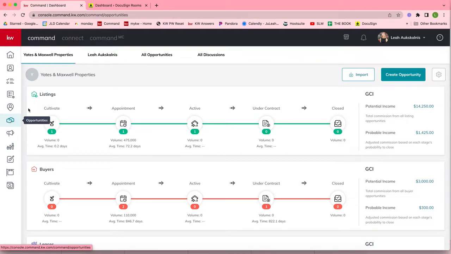So the difference here between your contact database, where my mouse is circling, and my opportunities, you'll want to load all of your contacts to your contact database. And again, feel free to email support@scottleroymarketing.com if your contacts are not currently in Command. They can help you import them in for free, so that's awesome. So you'll want all of your contacts in KW Command in your database, whereas in your opportunity section,